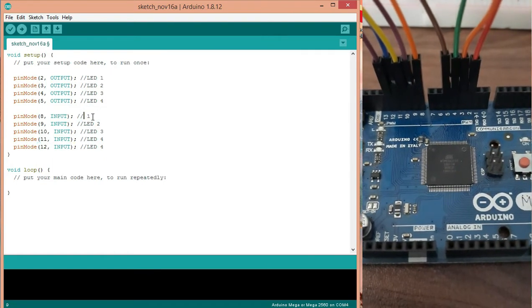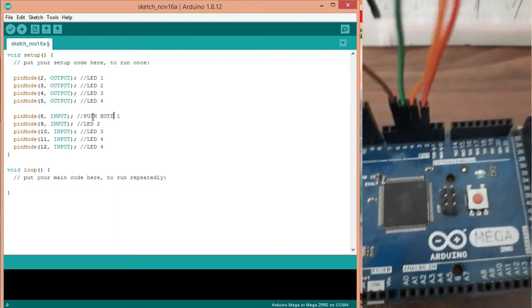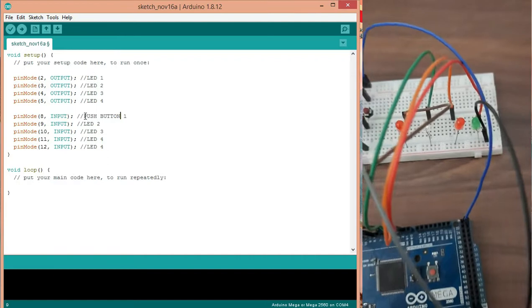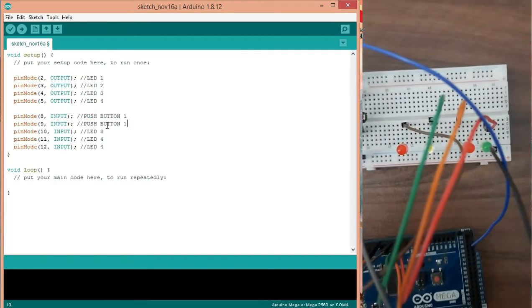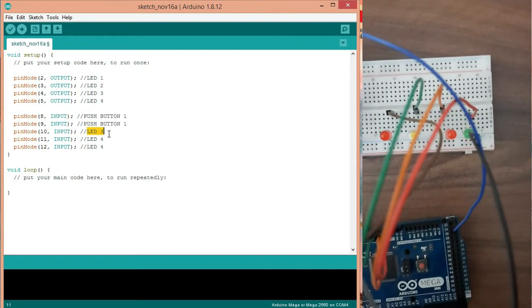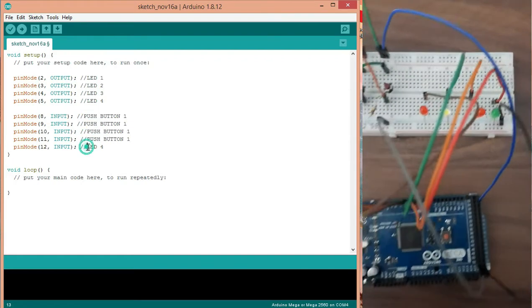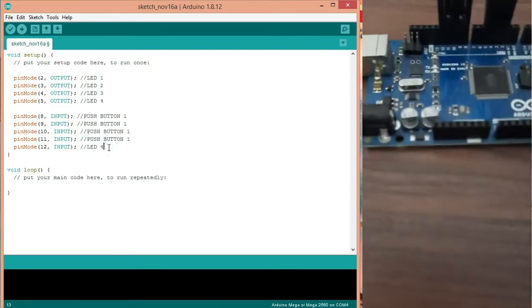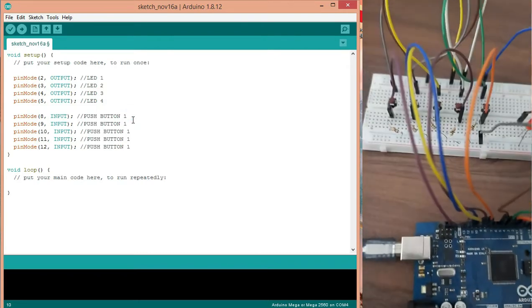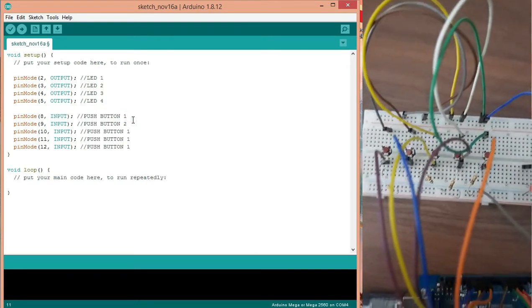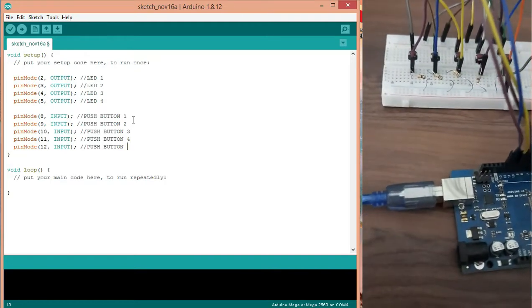This is for the push buttons. Push button 1, 2, 3, 4, 5.